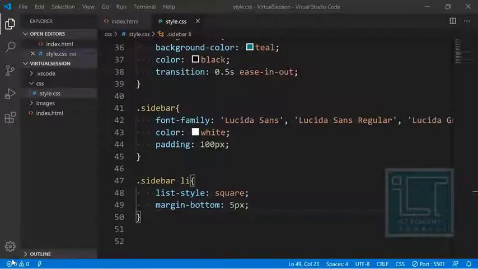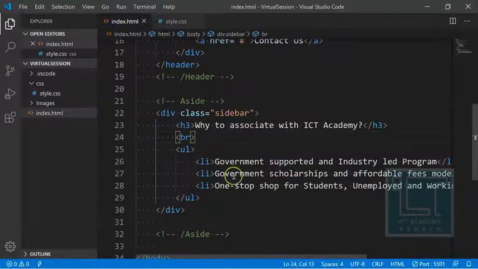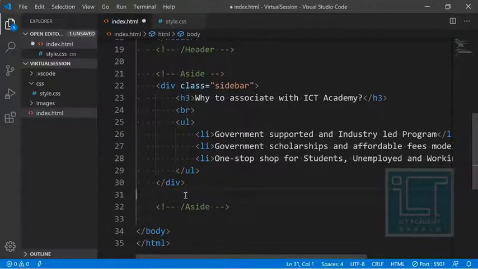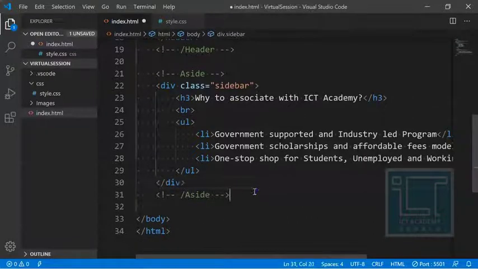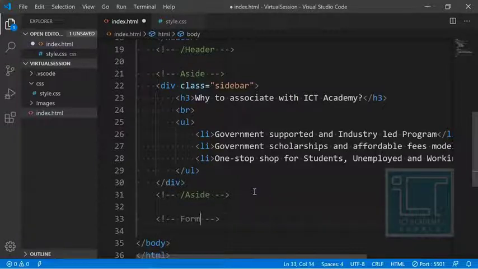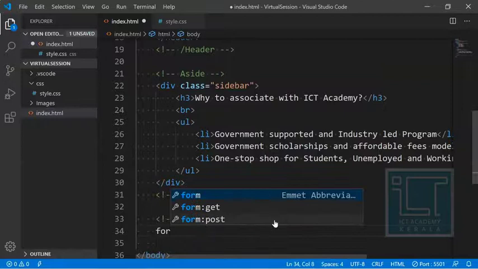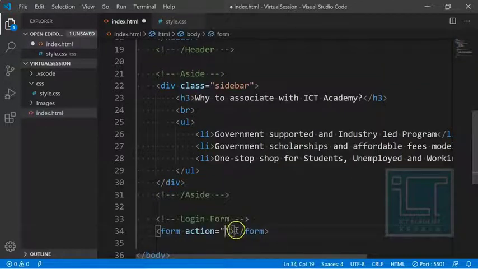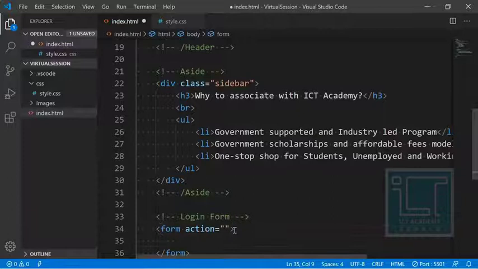Okay. So what we have to right now create is a form. So for that we are going to create a form. We'll just comment it and say that it is not only a form but a login form. So we are going to create a login form. In order to create a form, there is a tag inside HTML5 which is called the form tag. Inside the form tag only you have to create the form contents.